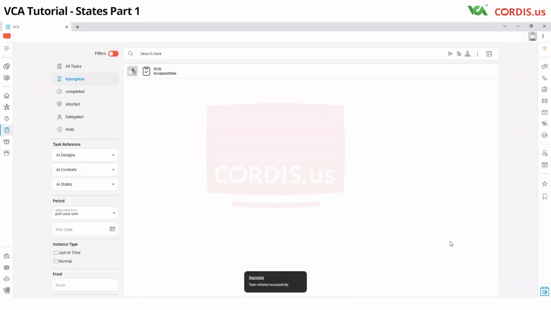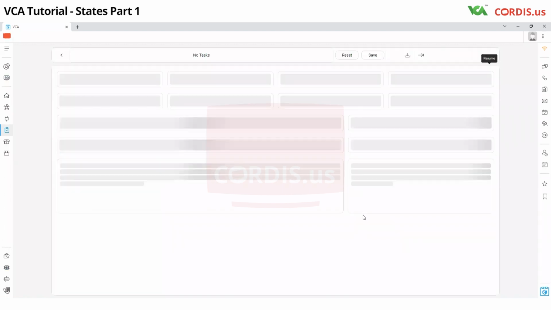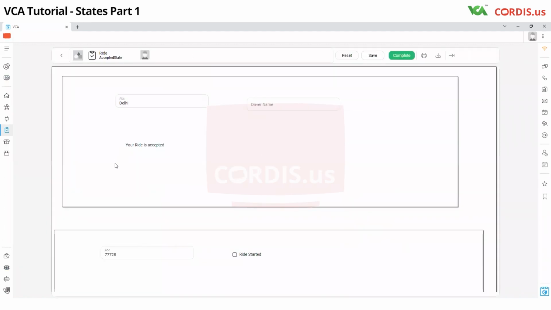Start. More often than not, you will end up with this screen. So in this case, I can actually see here that Delhi and your ride is accepted. But this should have happened a little more seamlessly because we were using claim-based algorithm. But let us